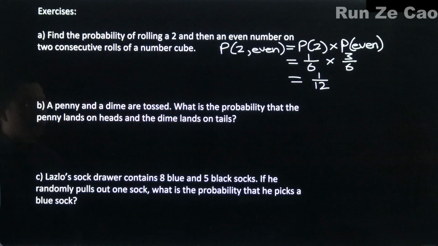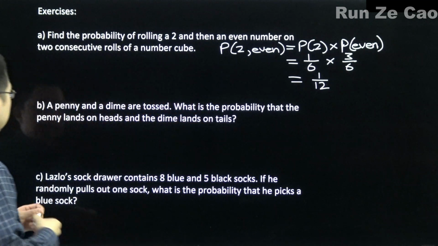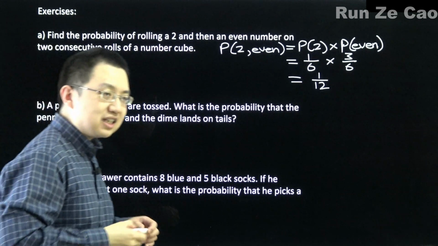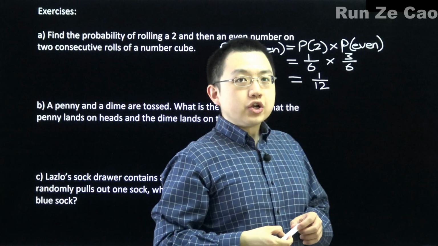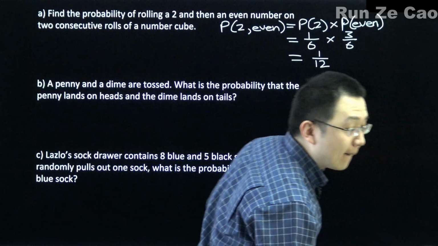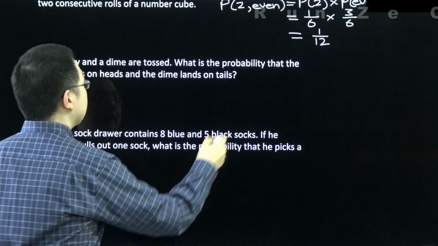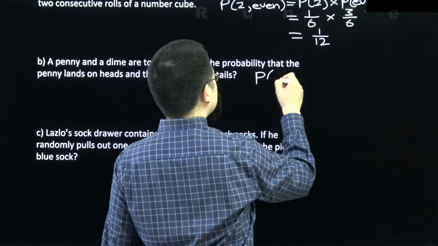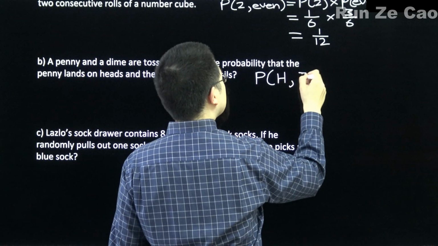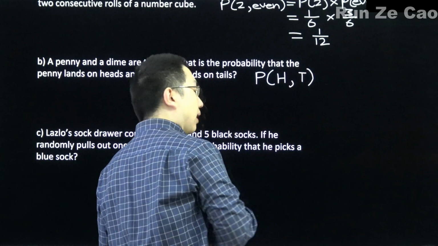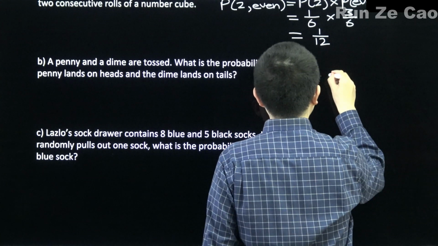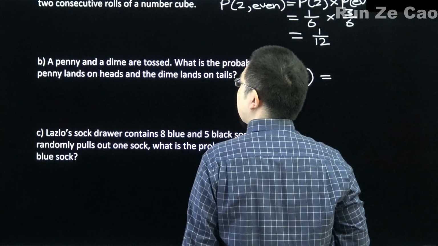A penny and a dime are tossed. What is the probability that the penny lands on heads and the dime lands on tails? Do these events affect each other's probability? No. Therefore, P of H T, that's why I'm not even labeling which one's a penny and which one's a dime, is equal to